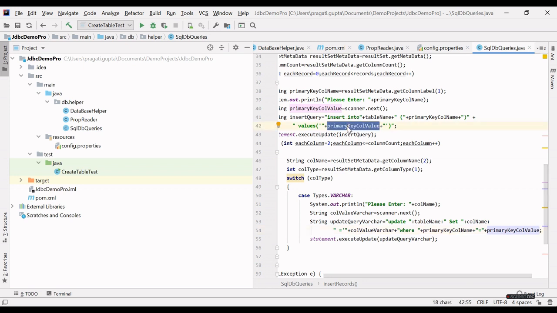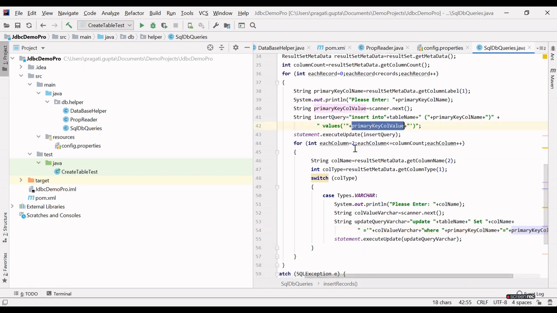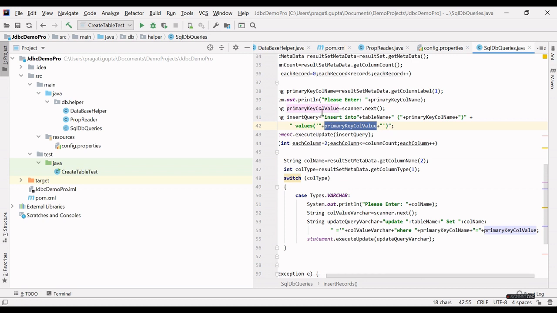What I am doing, guys, is inserting one record in the primary column, and then I am updating the next columns in the same row where this primary column has this value. Okay.